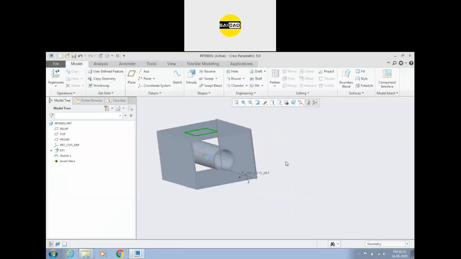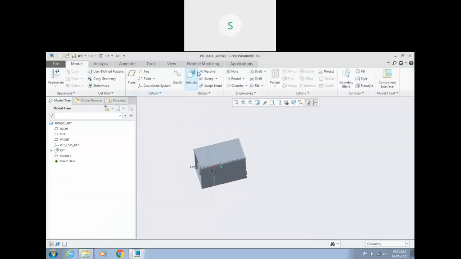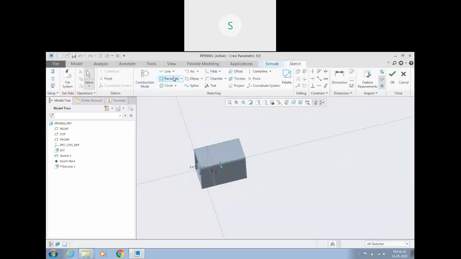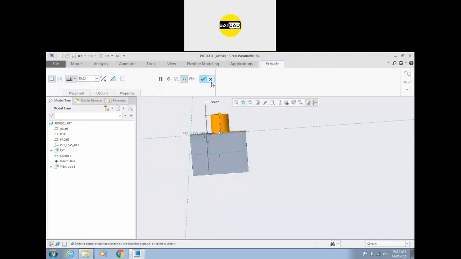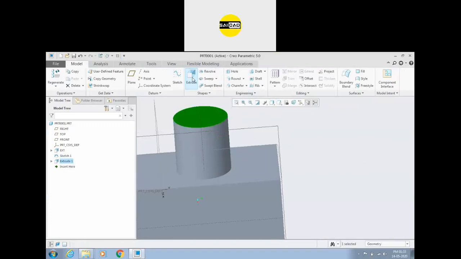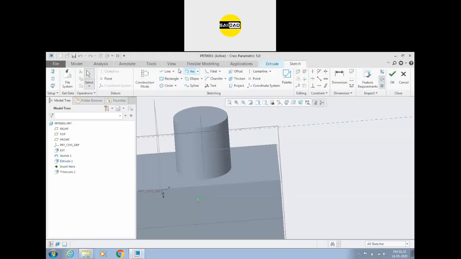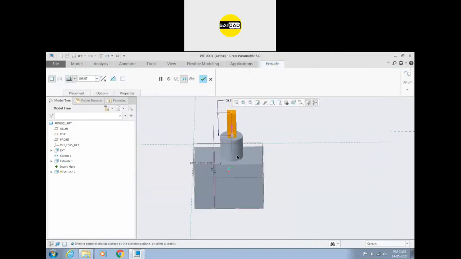Okay, so I'm going to create another reference right here. So we are going to create an object. Okay, so I want to remove a material from here. Okay, I want to remove this shape material. Okay.